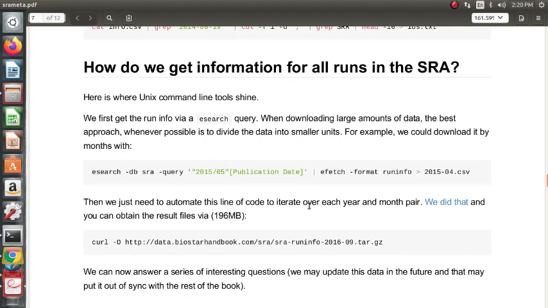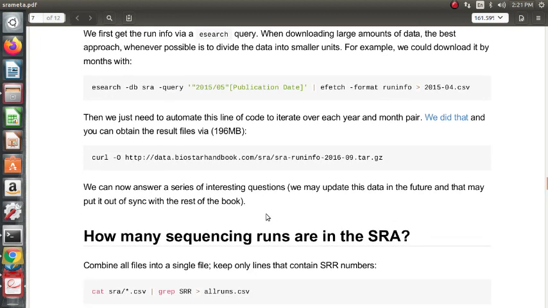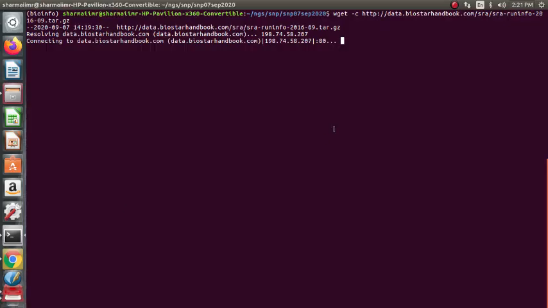So we did that and you can obtain the results. Obviously this data set is going to be very huge, because it's the SRA submissions for a particular month. Here is a sample, SRA run info for September 2016, about 4 years ago. Let's see if the download begins.